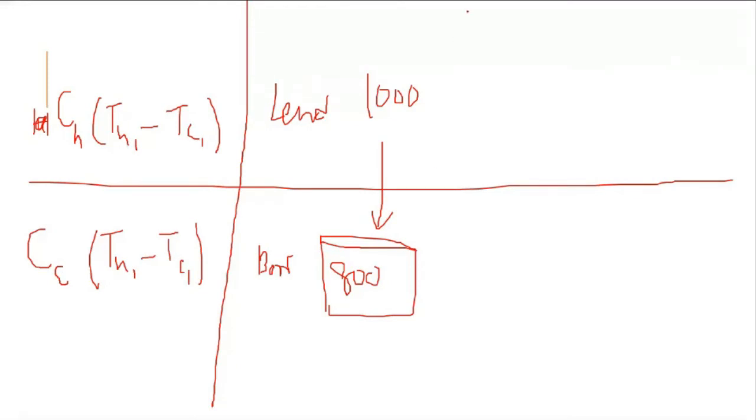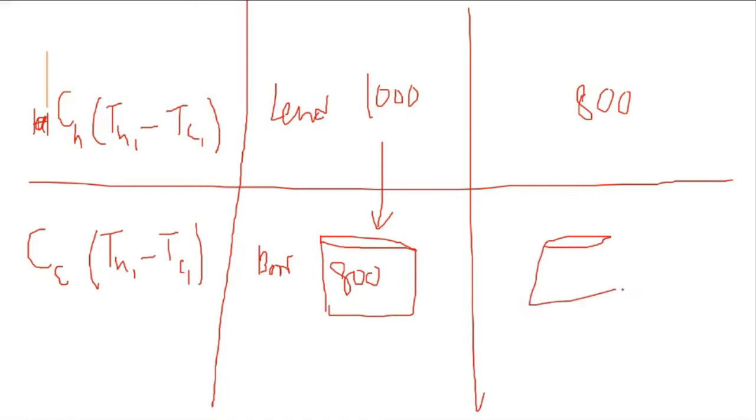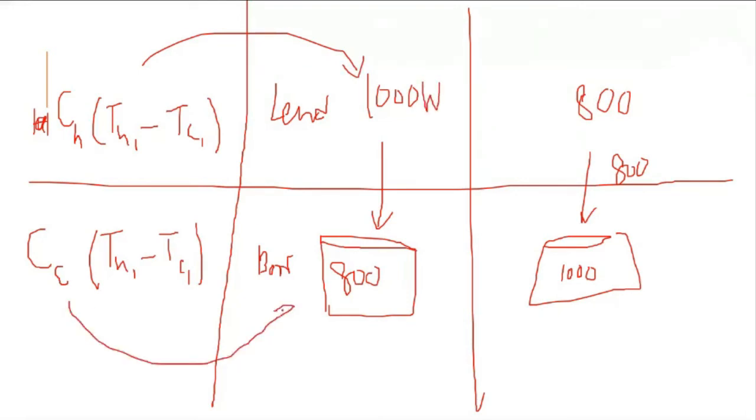Okay. Similarly, if this fellow can lend only 800 rupees and his pocket has capacity to store 1,000 rupees, what is the maximum transaction which can take place between these people? Still 800. It means, suppose that these are values of heat transfers. The heat which can be lost by the hot fluid is equal to 1000 watts. The heat which can be gained by the cold fluid is equal to 800 watts. So in these two cases, what is the Q max value? Whether it is 1000 or 800?